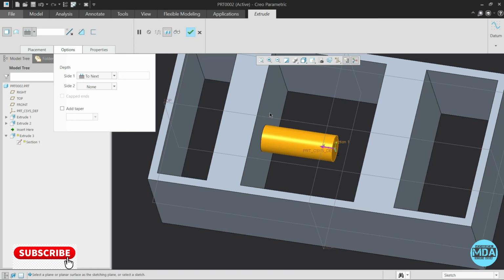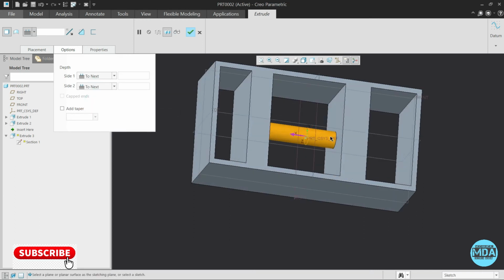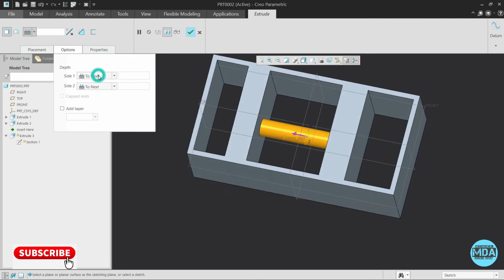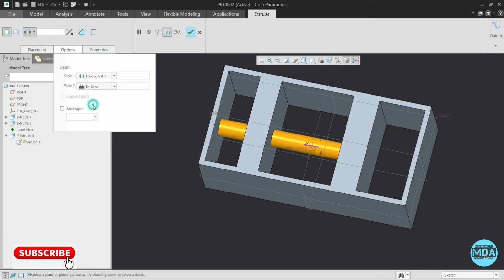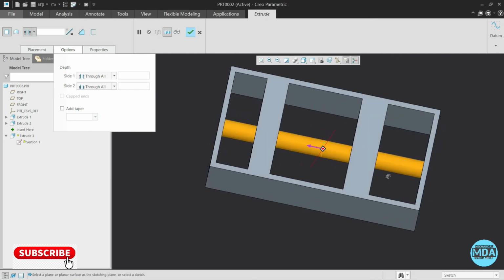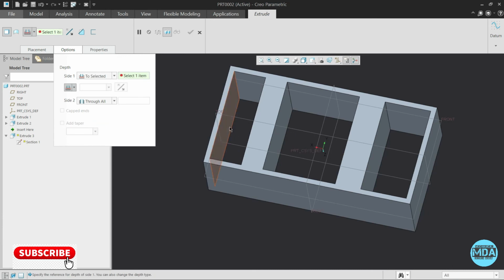If we select up to next, it will be extruded up to the next surface. Here I am selecting both directions up to next. You can see that it is extruded up to the next surface, and if we select through all, then it will be extruded up to the last end. In the second direction I am selecting through all. So as per your requirement you can choose the